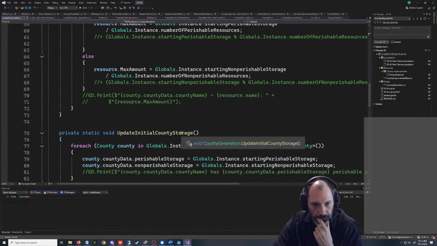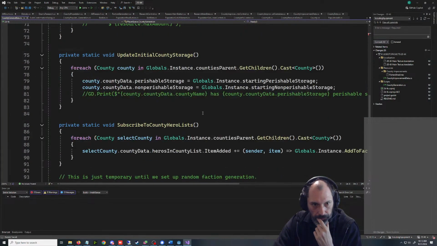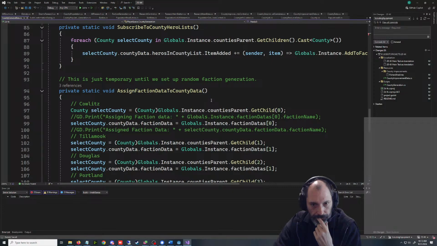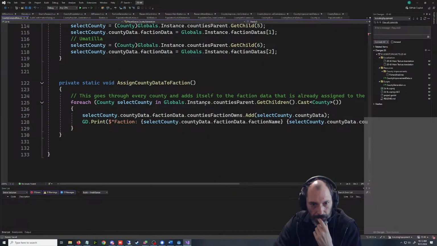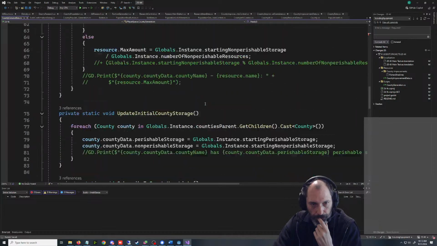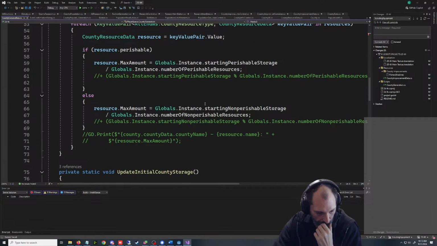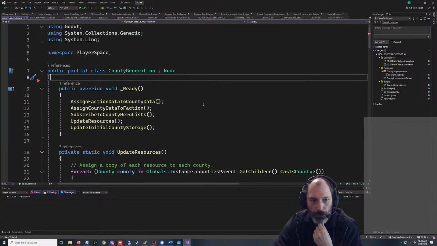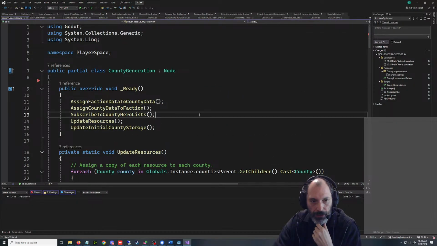Every county should have a list of county improvements. Oh, they're generated from research though. So there's a double thing here. I've got to refresh my memory of how everything works. So at the beginning,